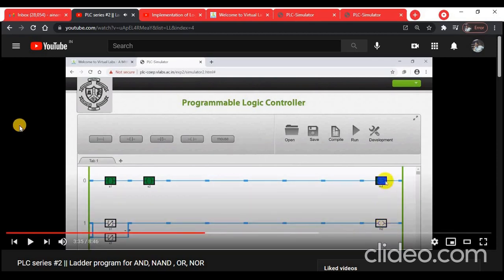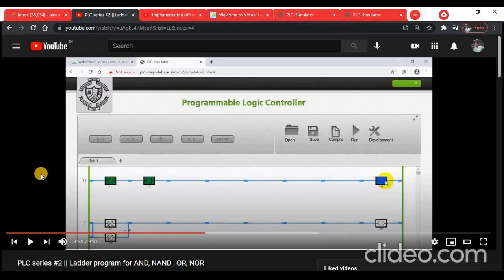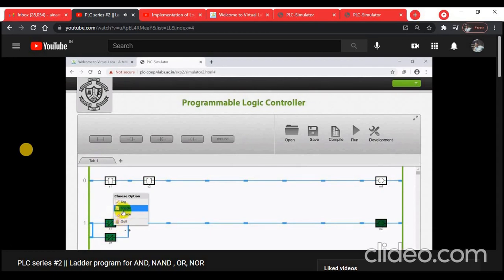So you can see here, I'll show you once again. At the same time, the AND gate, whenever both are toggled simultaneously. Check here, both are toggled. Whenever both are toggled, at that time the NAND gate's output is low. At the same time, the AND gate's output is high.